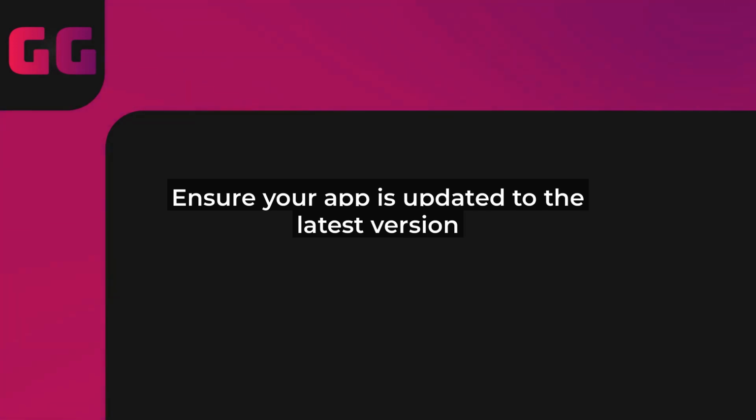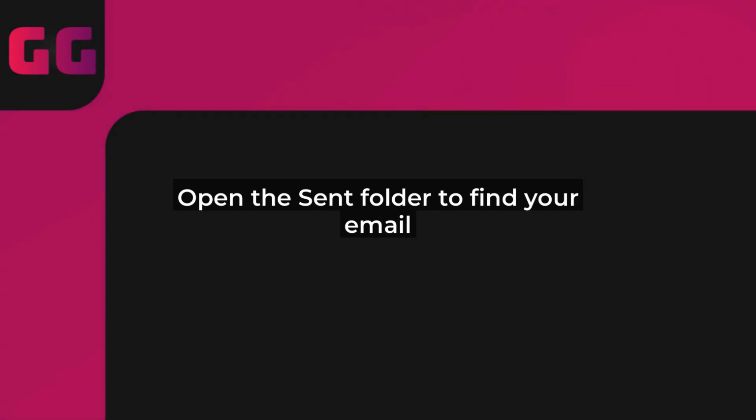This guide is straightforward and works on both Android and iOS devices, as long as you're using the updated 2025 version. First off, make sure your Outlook app is fully updated to access the 2025 enhancements. Open the app and sign in with your Microsoft account. Now, let's get to the steps. Step 1. Navigate to your Sent folder. This is usually found in the main menu or by swiping to the Folders section.